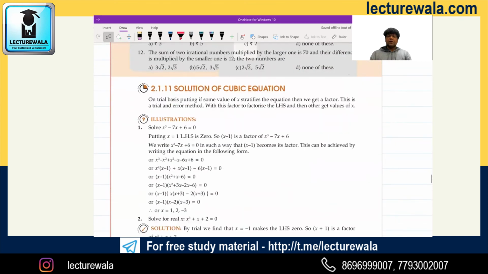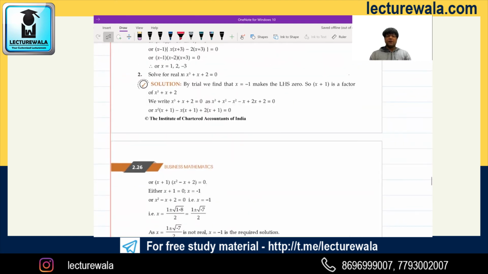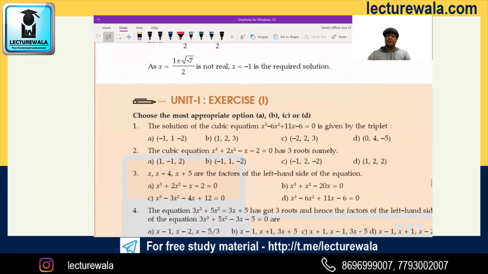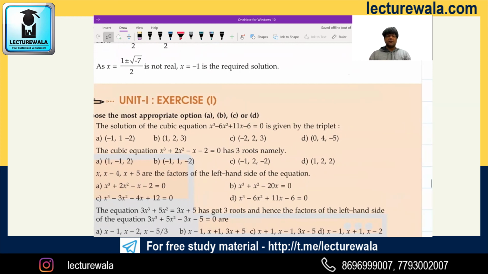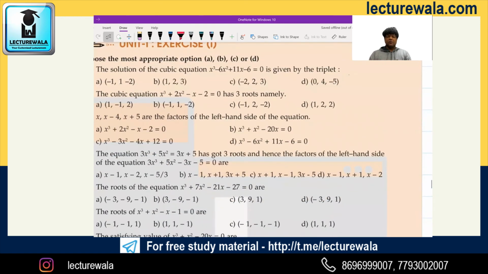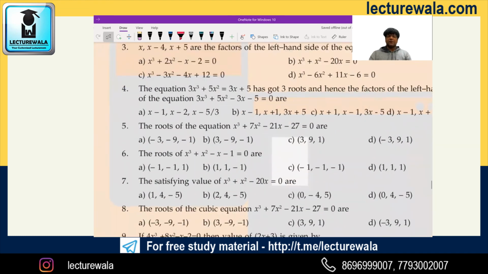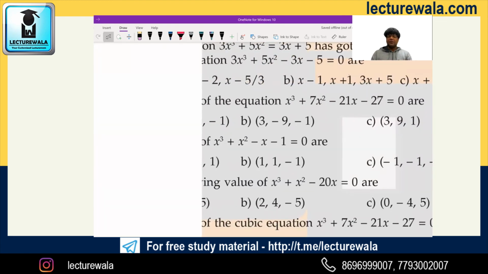Now, cubic equation. Guys, this cubic equation I have not solved. I have left it for you to do at home. Why? Because options hitting you can do. But sometimes options hitting may be difficult for you. You know what? Cubic equations you can solve, guys. It's not that you cannot solve. What do you do? That is called hit and trial method. I will solve one equation. See, in this question, you may feel a little bit difficult. You'll be confused in this type of question in cubic equation.